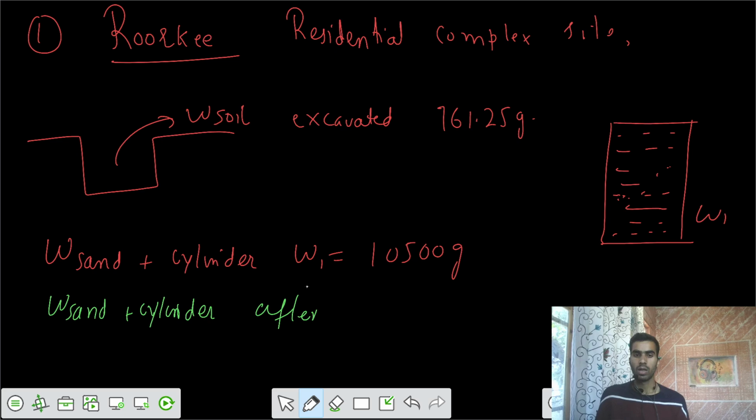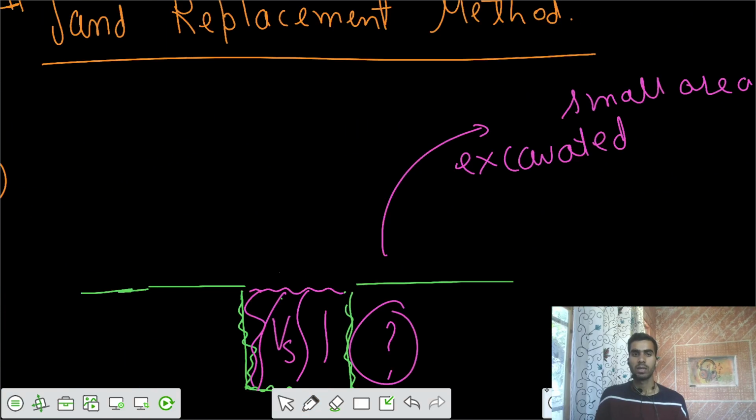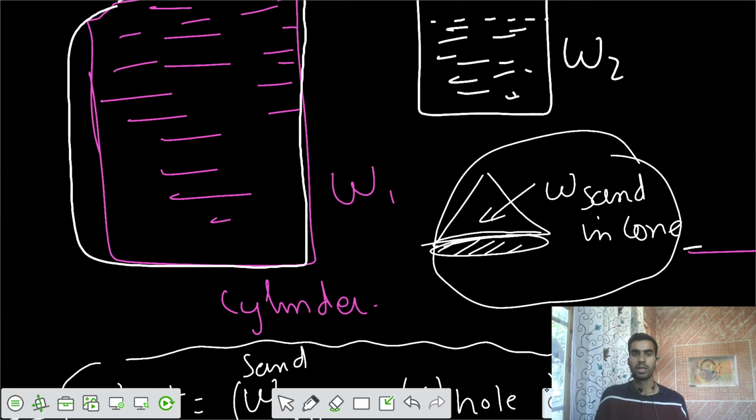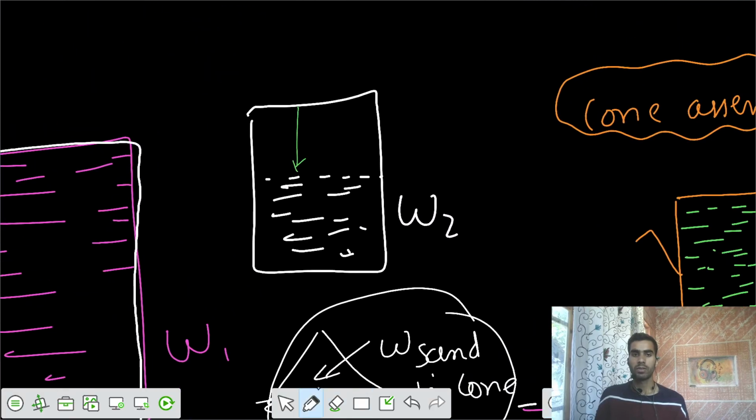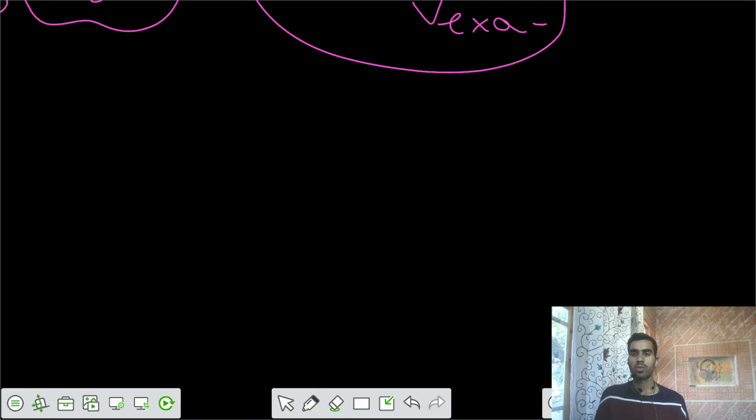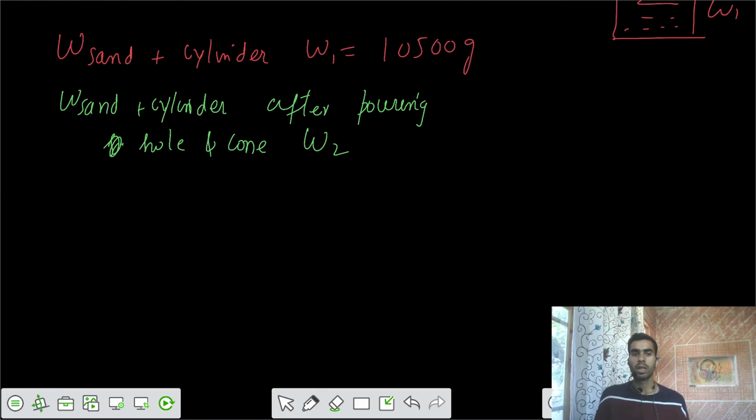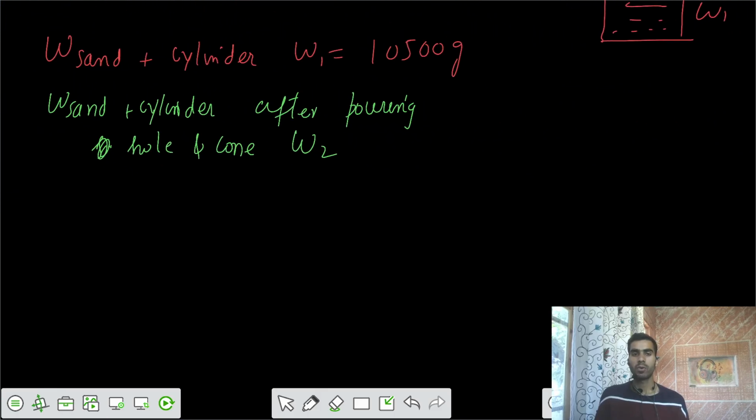After pouring some sand in the hole and some sand in the cone, that means it's talking about W2, that we write here. So this is talking about that particular second reading. Some stuff is lost because of the cone and hole, and we can solve for that loss in the solution. I would say the weight of sand and the cylinder after pouring hole and cone is W2. And one more reading is there, the weight of sand and cylinder